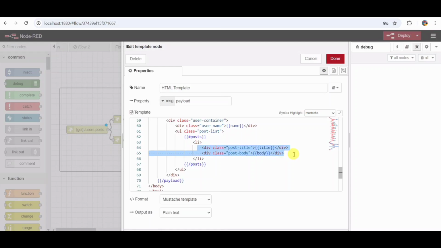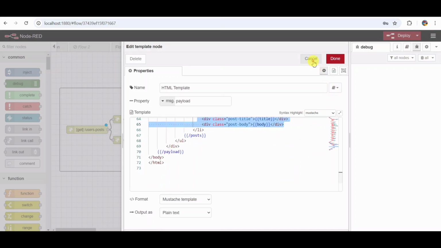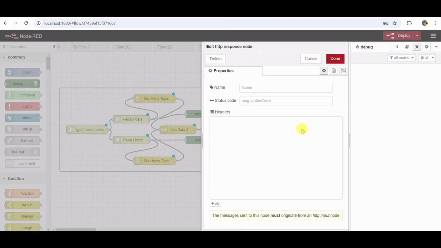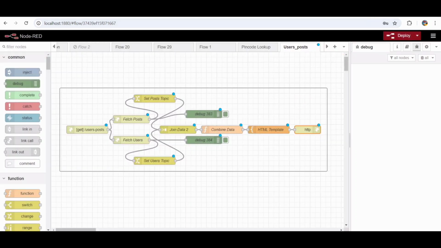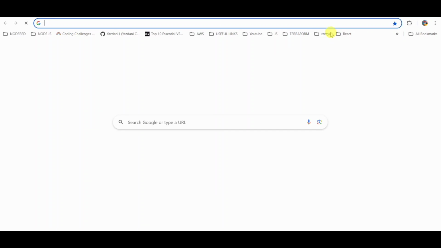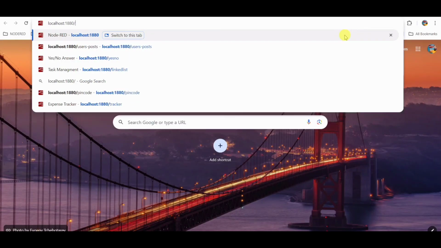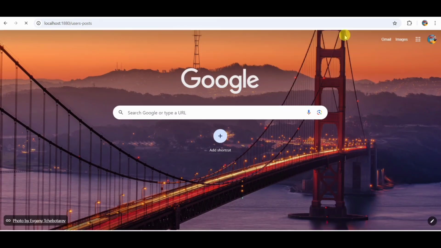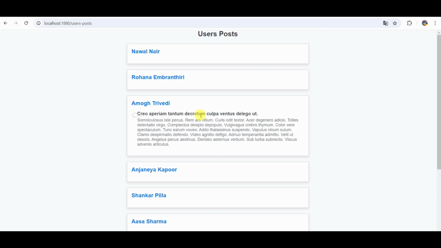HTTP response node. Finally, the HTTP response node sends the generated HTML back to the client, completing the flow. When a request is made to the user's posts endpoint, the client receives a well-formatted HTML page listing users and